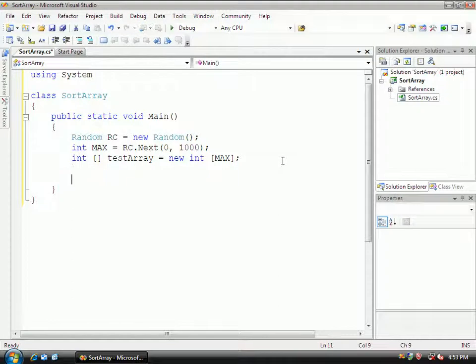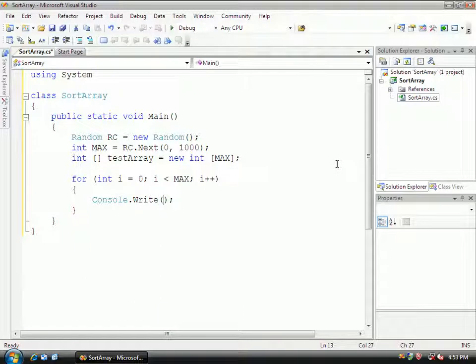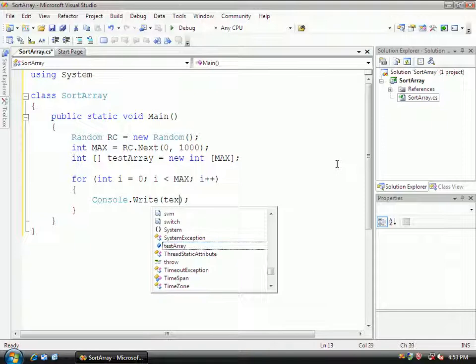So then once we've declared this, let's create a for loop, and then we'll make an instance of i equals 0 while i is less than max, i++. Open and close the for loop, and just to test everything, and I'm sorry I missed a semicolon here, so it's a semicolon space right there. So there's the for loop. We're going to test everything, and we're going to do Console dot, and I'm going to just do a Console.Write, and then we're going to do testArray